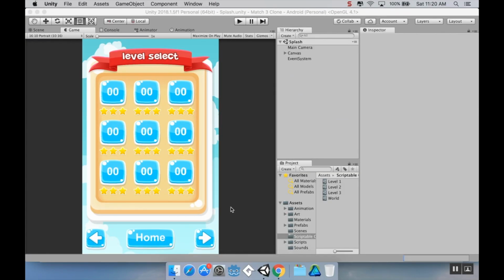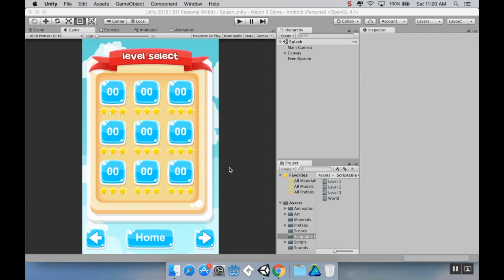Okay, welcome back. Today we're going to talk about how to actually carry data between the scenes so that the player can have their data, how many stars they have on each level, what their score was, so that they can actually have that saved, so that they're not just able to access different levels, they're only able to access levels that they've unlocked, and the program will also save any high score or level data that they might have